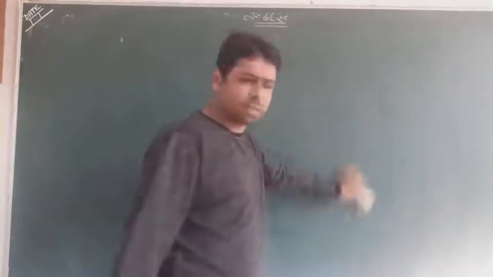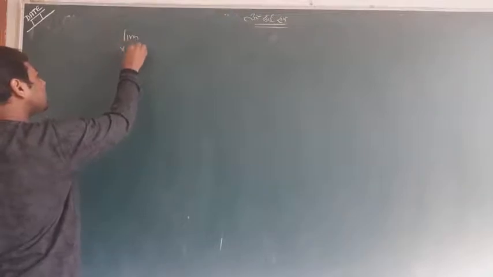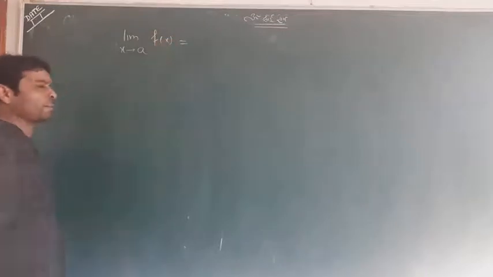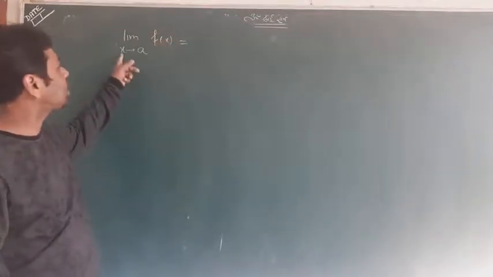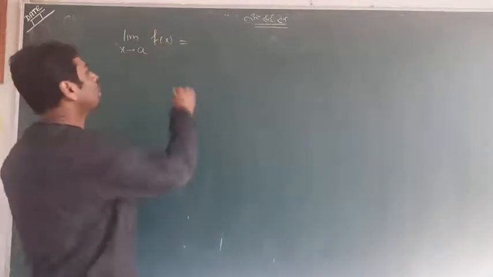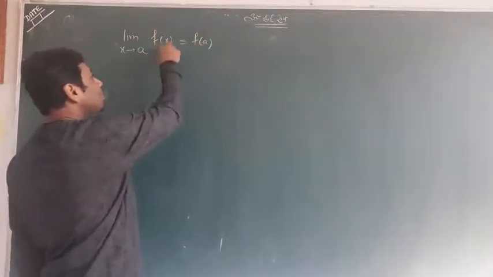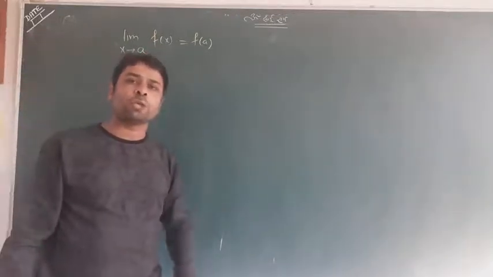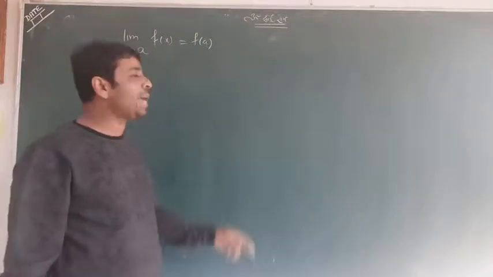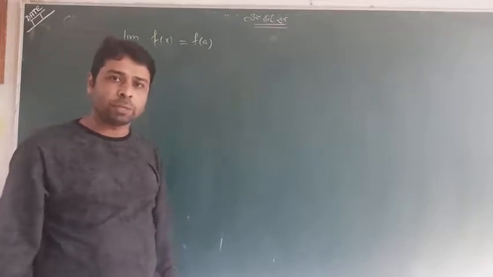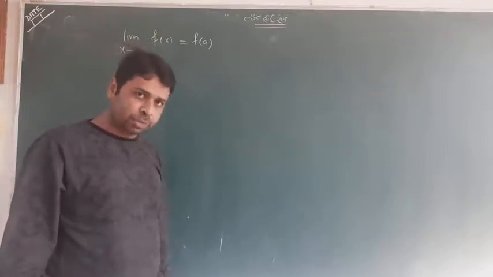Try to understand. Again I speak about the limit as x tends to a of f of x. I ask you, what is its answer? You know that when x tends to a and I put it in directly, the answer is f of a. Initially I taught you that x equal to a and x tends to a are different things. We want to see that when x is approaching a from both directions, the answer should come f of a, and that we know. But now look again at how we can prove it.